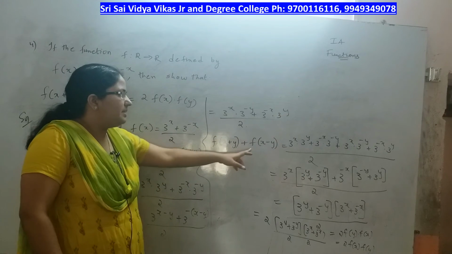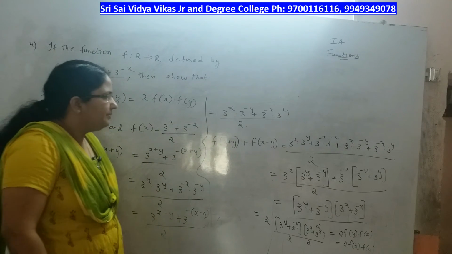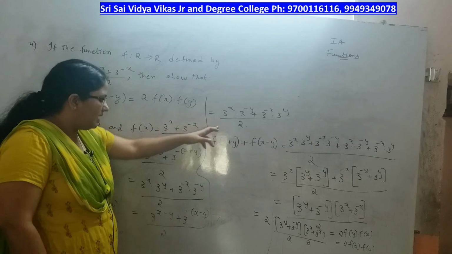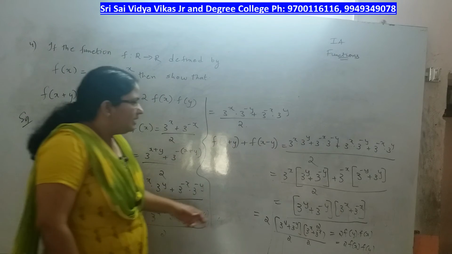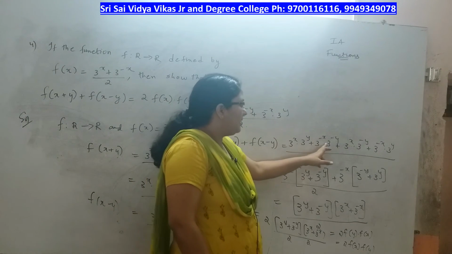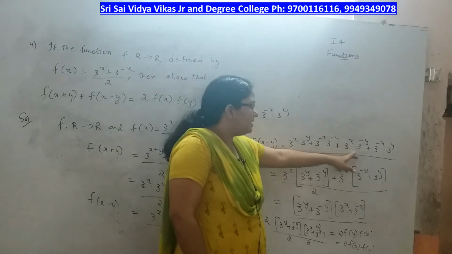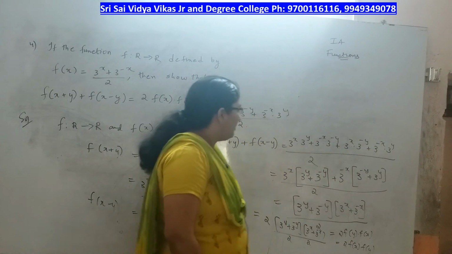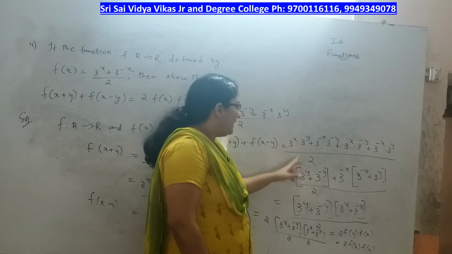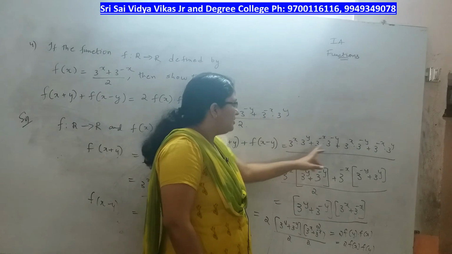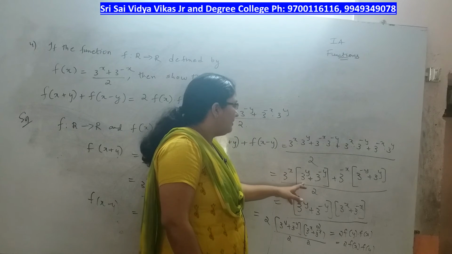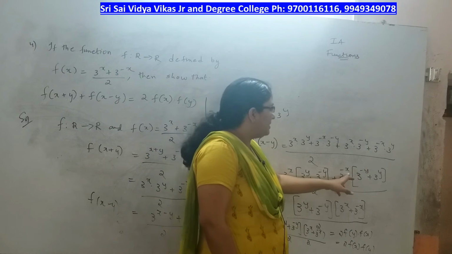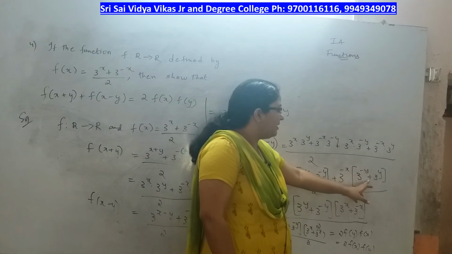f of x plus y plus f of x minus y is equal to, you are adding these two. So what do you get? 3 power x into 3 power y plus 3 power minus x into 3 power minus y plus 3 power x into 3 power minus y plus 3 power minus x into 3 power y. Take 3 power x common from these two terms. If you take 3 power x common, you have 3 power y plus 3 power minus y. Plus 3 power minus x, if you take common, you have 3 power minus y plus 3 power y,